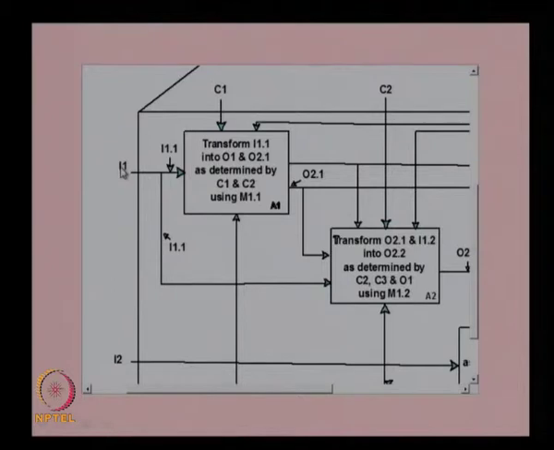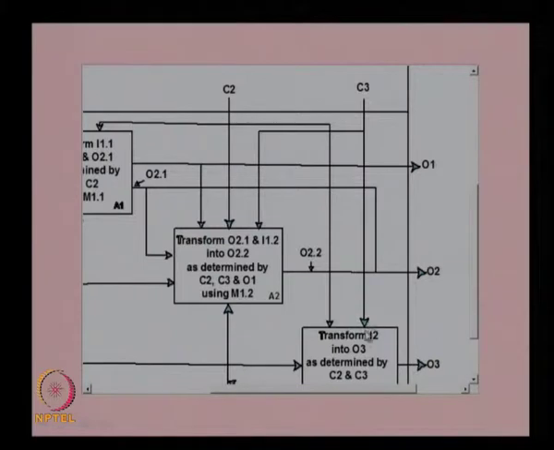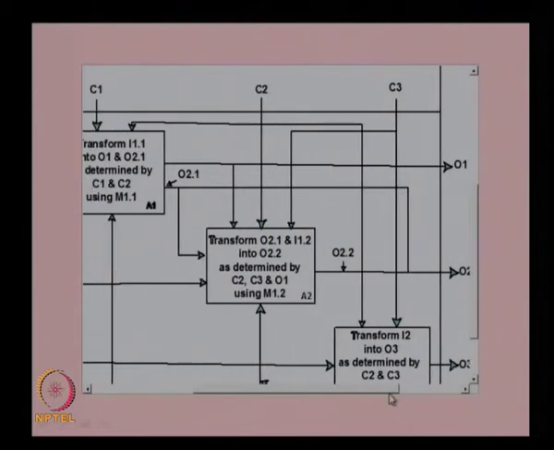Here you can see I1 is an input to A1, I2 is an input to A3, but I1 is going again to A2 also. Similarly, C1 is a control input to A1, C2 is a control input to A2, and C3 is a control input to A3, and the outputs are O1 coming from A1, O2 coming from A2 and O3 coming from A3. So this is just a typical representation. It is not necessary that O1 should come from A1 or O2 should come from A2. It actually depends on the function. Depending on the function, the output may come from one function or from different functions.